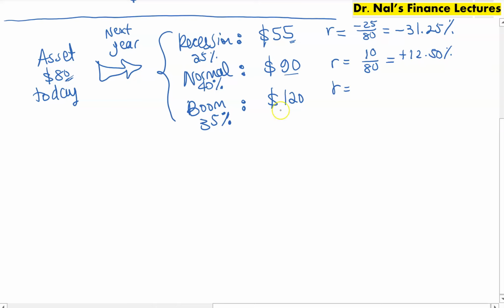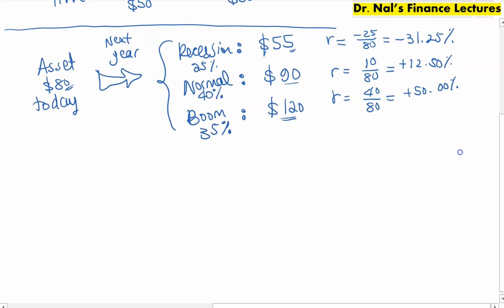And finally, if there's a boom in the economy, the stock price will go all the way up to $120. The profit will be $40 on our initial investment of $80. So that is a 50% return on our investment. As a business person, you see this uncertainty about the future, you wonder what is the expected return of